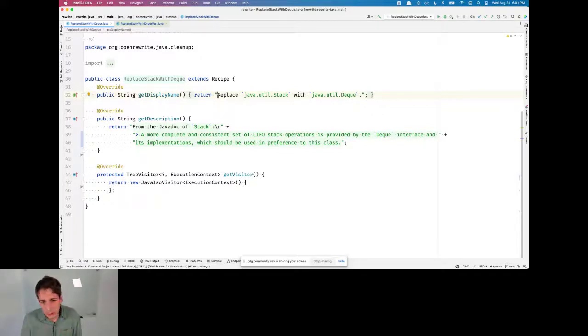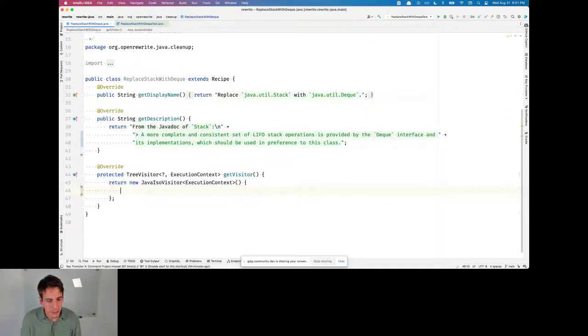And then ultimately you've got some visitor. We're going to use the visitor pattern, which is basically an event-driven mechanism to narrow down or target particular parts of the abstract syntax tree that we might be interested in.